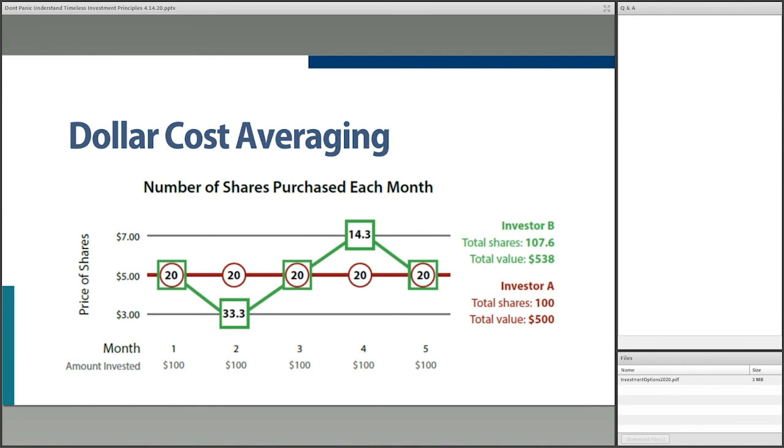You could take $10,000 or $1,000, or in our example here, you could take $500 and just get the same price every month in something. What I like to do is say you could invest $500 over 5 months and just put it in the market. The price goes up and down. I apologize, this graph isn't exactly my favorite for doing this, but if you just put in a specific amount and the price never changed over 5 months, you put in $100 a month, you'd have $500. However, if you're putting your money into something that does have a changing price over 5 months,